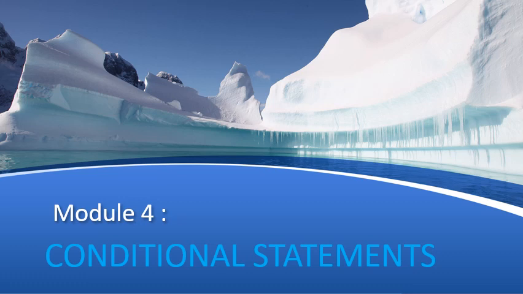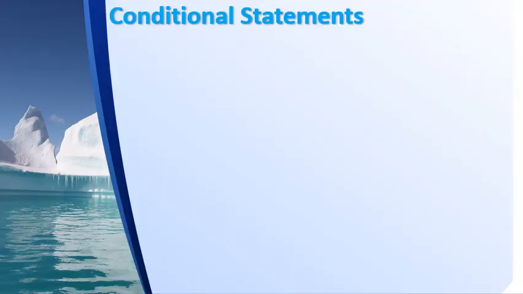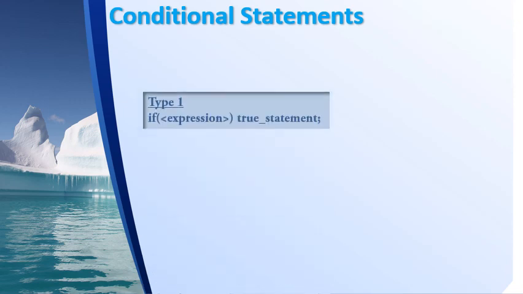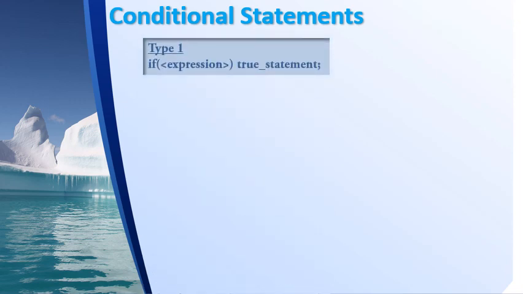In this video lecture, we will study conditional statements used in behavioral modeling. You are very familiar with these conditional statements in high-level programming languages like C, that is, the if statements. The if statements can be of three types: type 1, type 2 and type 3. In type 1, it is the simplest case, that is, the if expression is there. If the expression is true, the set of true statements will be executed.